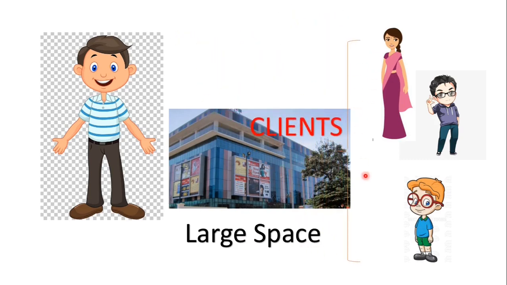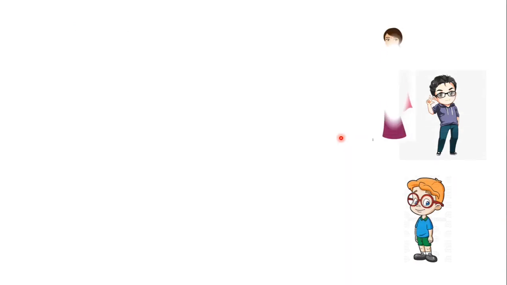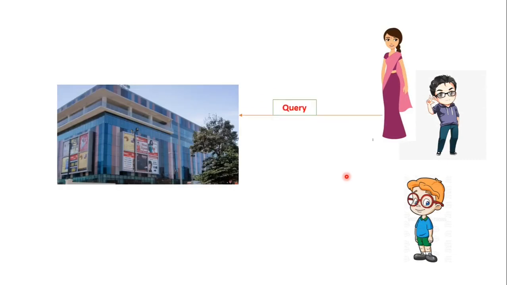So on one side we have clients who are buying from the outlet, and we have an executive in the outlet who is helping the clients. When these clients come and they have some problem, they would ask a query in the outlet, and then they would get some response. The query might be, where is a certain spice placed, or where can I get an Adidas t-shirt, and they would give some response to the client.